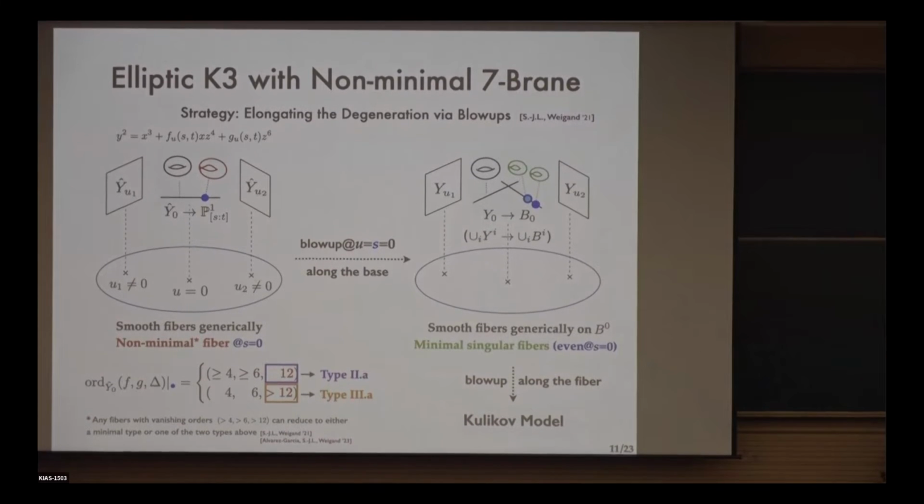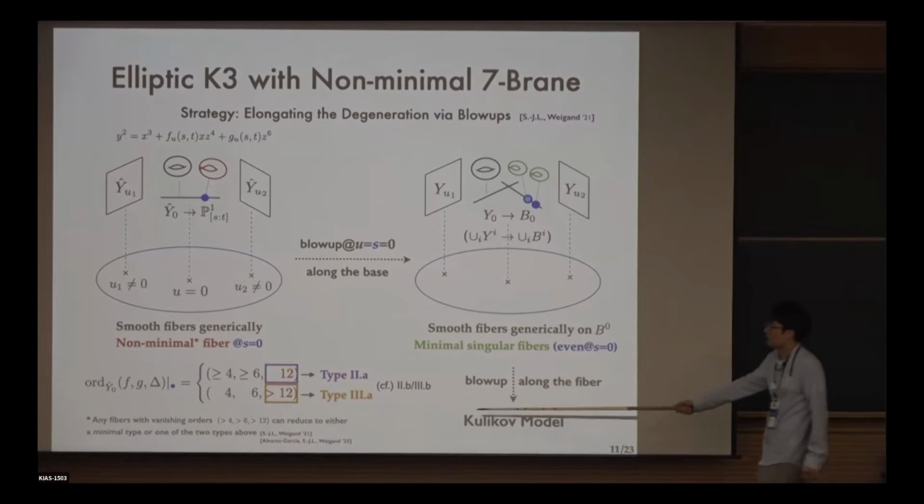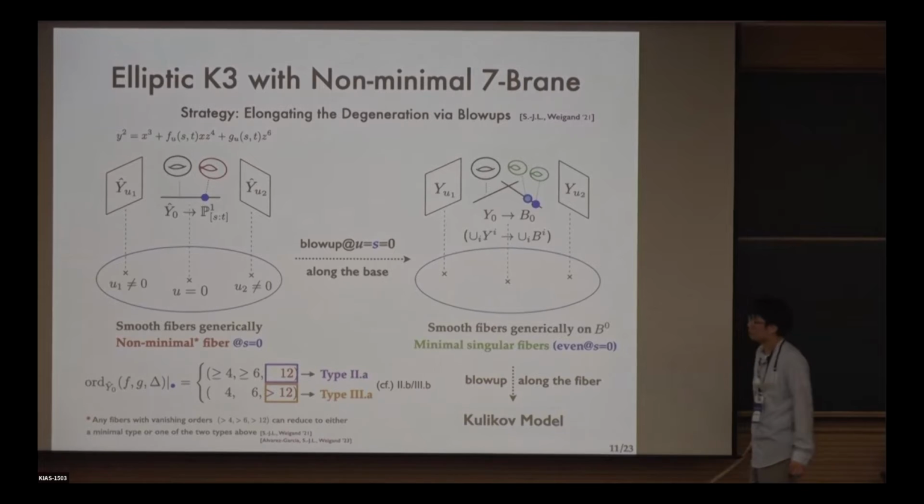And this is how we observe. Note that I'm writing them as type 2A and type 3A, because there are also limits of type 2B and type 3B. These 4 subtypes of type 2 and 3 Kulikov models at infinite distance were introduced in this paper by us, just because in this way, each different subtype will lead to a qualitatively distinct physics.